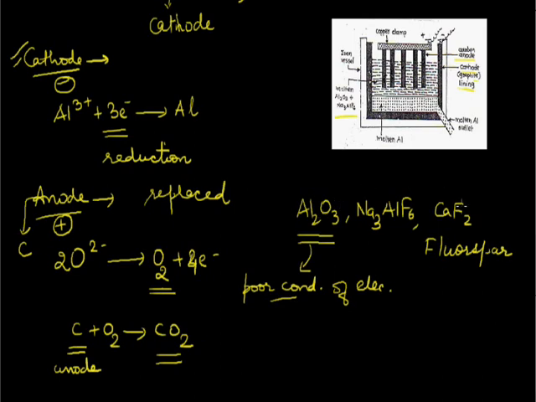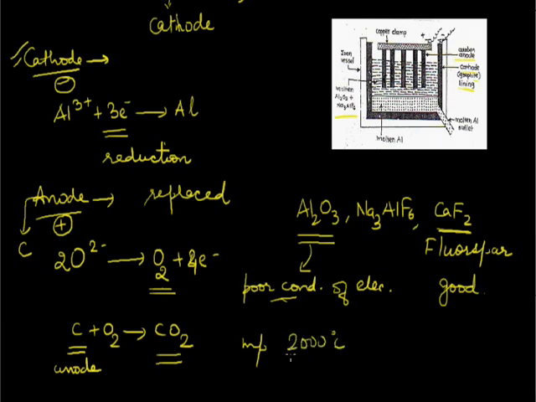When we take a mixture of Al2O3, cryolite and fluorspar, because fluorspar is an ionic compound, it dissociates and it increases the number of free ions available, and thus this entire mixture becomes a good conductor of electricity. So this problem is solved when we take alumina in the form of mixture of these three. The second disadvantage is that the melting point of alumina is somewhere around 2000 degrees Celsius.